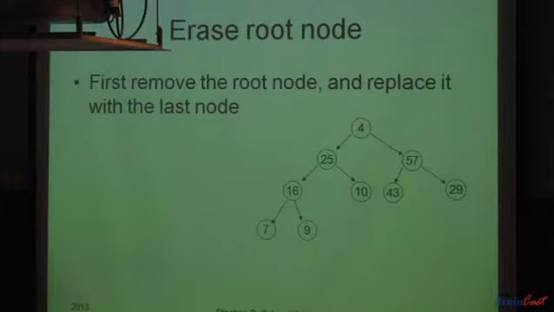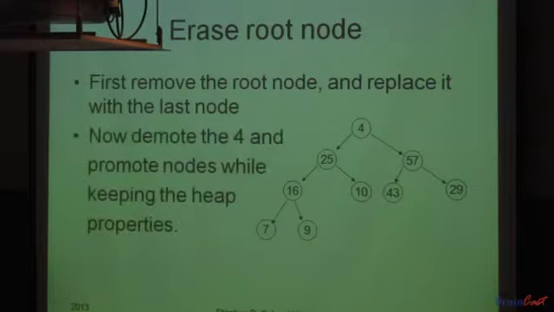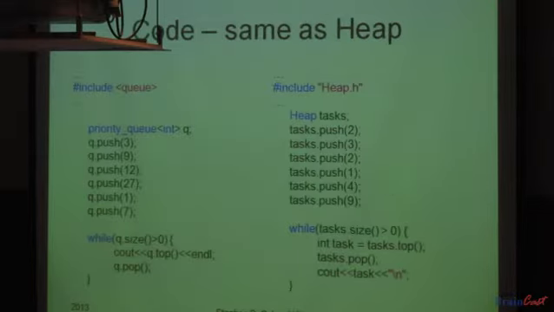And just like when you insert something first and then you promote or demote or whatever, you do the same thing. Now you demote the 4 while keeping the heap property. So you look at the 25 and the 57, and maybe we did go over this before, so maybe this is still review. But the 57 demotes the 4. It can't be the 25 because the 57 has to be larger than everything else. And then of the 2, it's the 43 that wins out. Okay? So